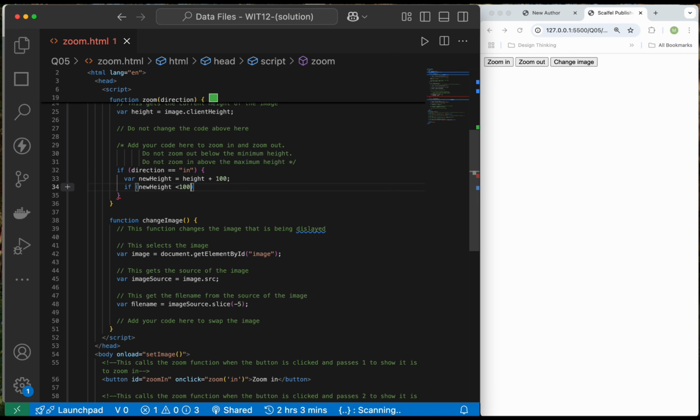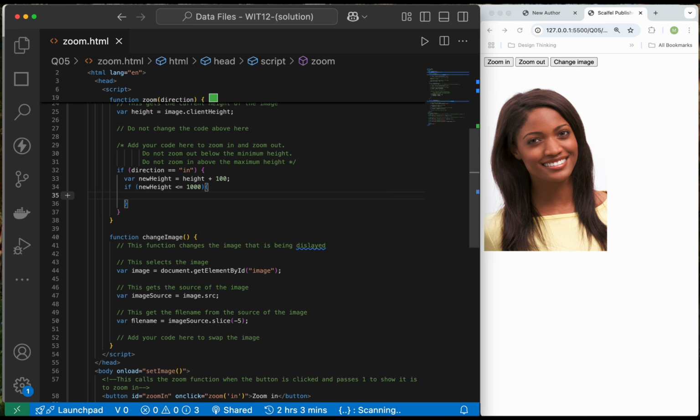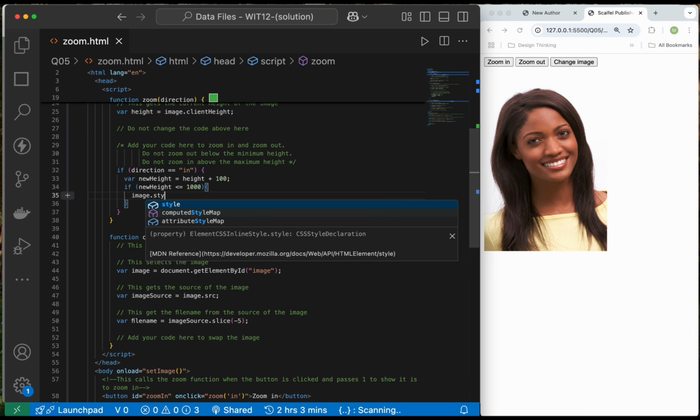If the new height is less than or equal to 1000, then what we will do is change the style of the height. This is the new height, I already provided it. Each time, whatever we add to 100 will be saved to new height. Now we are checking if the new height is less than or equal to 1000, then this will be workable. So when you increase the height in JavaScript, we have to use image dot style, dot